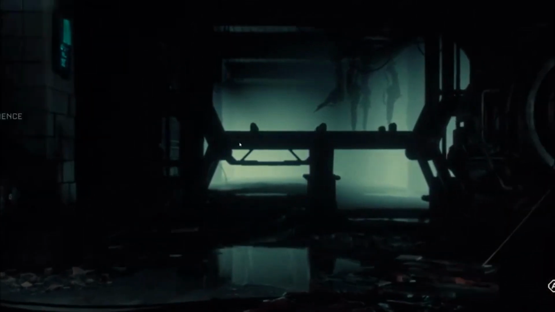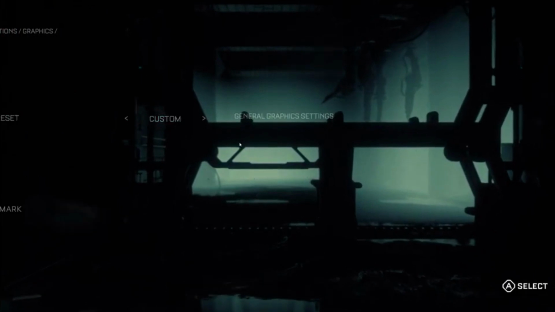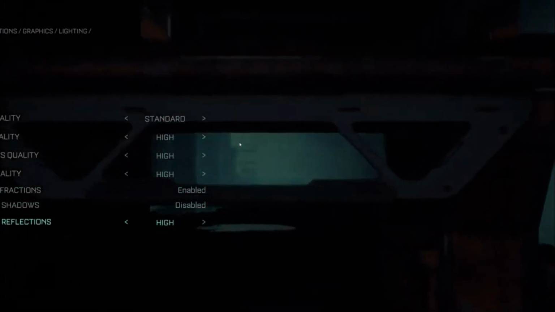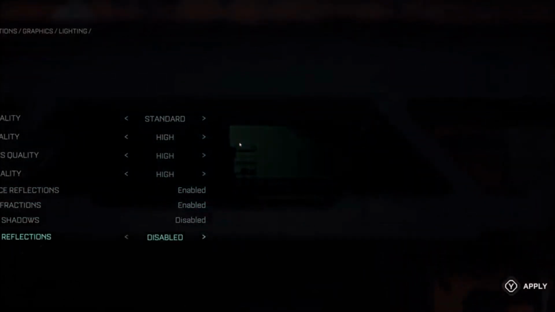Callisto Protocol is a survival horror video game developed by Striking Distance Studios and published by Krafton. It opens on December 2, 2022 and is directed by Glenn Schofield, who helped create the Dead Space franchise. The game is available now for PlayStation 5, PlayStation 4, Xbox One, Xbox Series X and Series S, as well